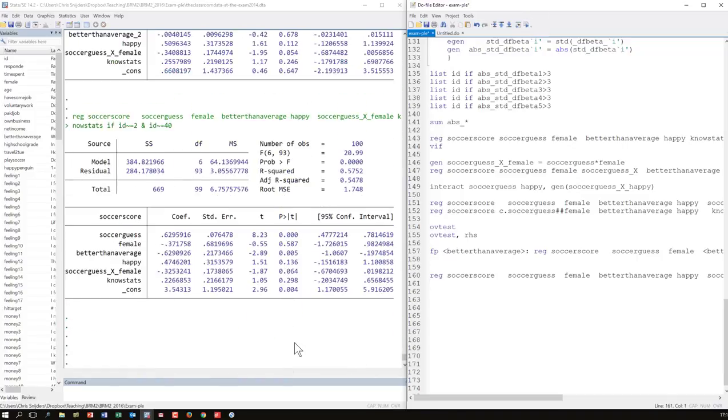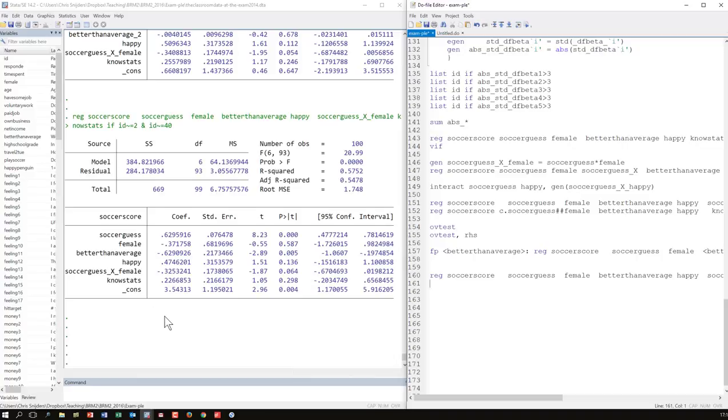And you come up with a final conclusion of what's going on here. So you see that there is the strongest effect of that soccer guess, that there is an effect of this variable being better than average, that there is almost an effect of this interaction between soccer guess and female, and that is pretty much it. So if you would have done that, the only thing that I skipped for time now is going through all the separate assumptions. Some of these, in fact, you can still repair using robust statistics.